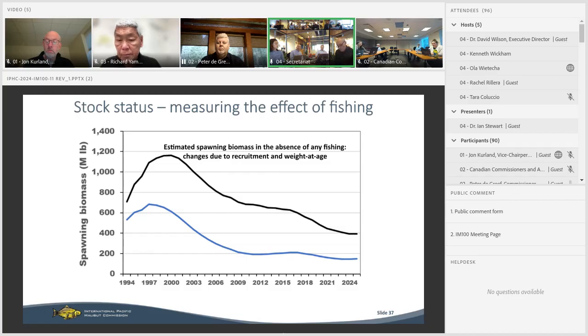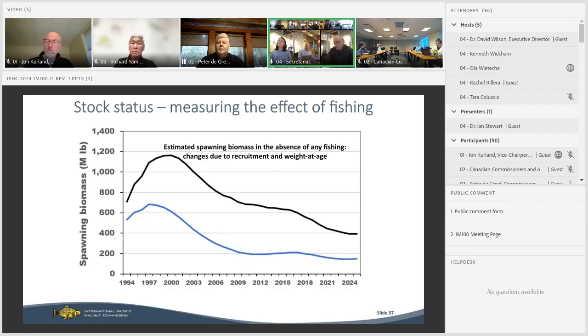You can see that despite any fishing at all during that time period, we would have peaked in biomass somewhere around 2000, and that the spawning biomass would have declined over this period of 24 years, even if we hadn't been fishing on the stock. And this is for two reasons. Especially early in the time series, we were still seeing the strong effects of declining size at age. And then over this whole time period, we were seeing the effect of moving from those higher recruitments in the 1980s and 90s into the lower recruitment in the early 2000s, and then even lower in the later 2000s. And that's what's created this kind of stair-step pattern of declining spawning biomass over the time series.